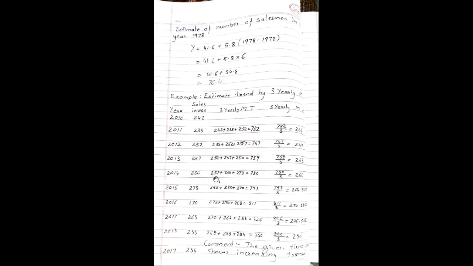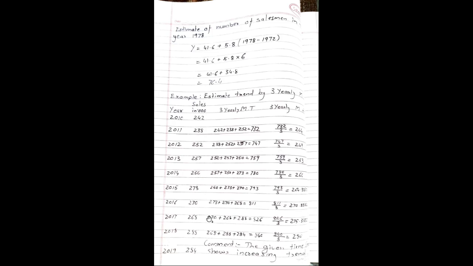Now next three values will start with 257 plus 250 plus 273. The total becomes 780. Divided by 3, the answer is 266. Next moving total becomes 250 plus 273 plus 270. The total is 793. 793 divided by 3 gives us the value as 264.33. Then next three values are 273 plus 270 plus 268. Total becomes 811. 811 divided by 3 will give us